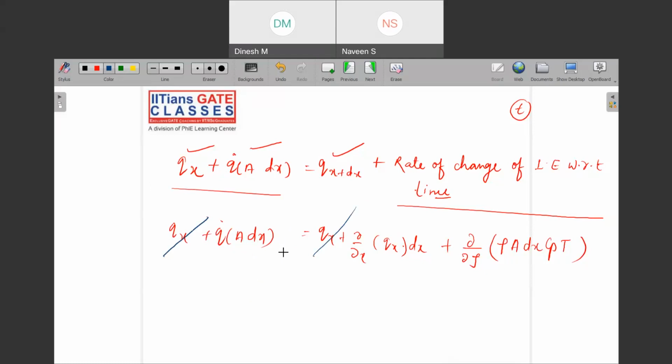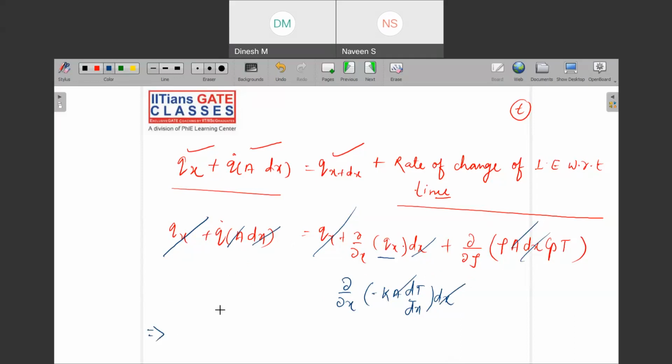What is that? Tell me. This is A, right? So A I can also cancel out. Why? Because qx is nothing but, if I solve this, del upon del x into minus kA dT upon dx into dx, right? So this A and A also get cancelled out, and I can cancel one more thing. What is that? dx. So I can cancel out dx and dx. Then what I am left with is that